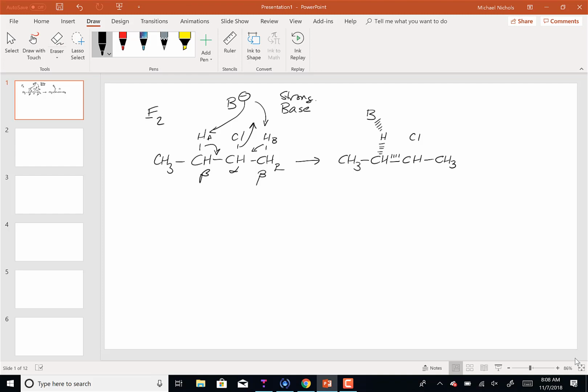The double bond is forming, so there's a partial bond there. And then there's a partial bond to the chlorine because it's leaving. So that corresponds to this red set of arrows, which would be HA. So that would be the transition state,